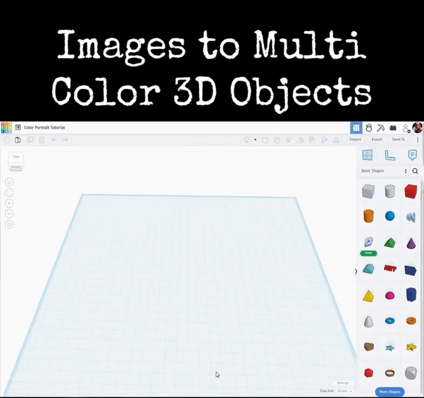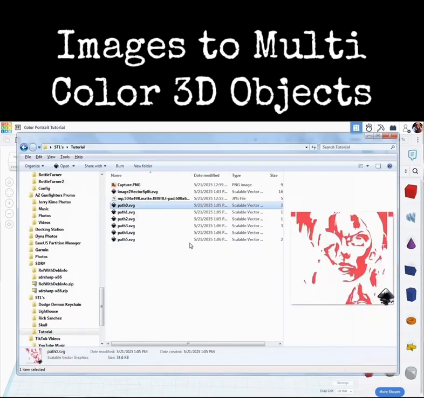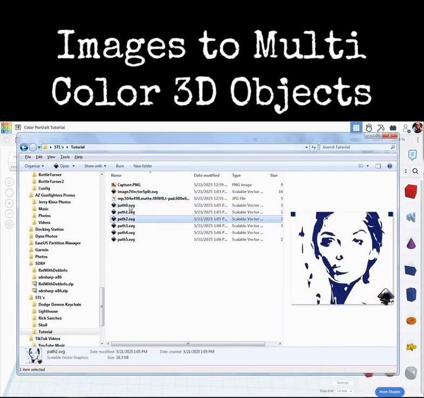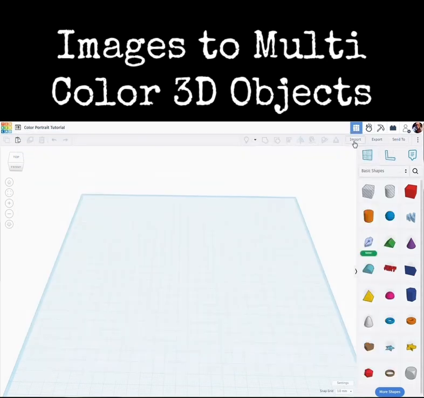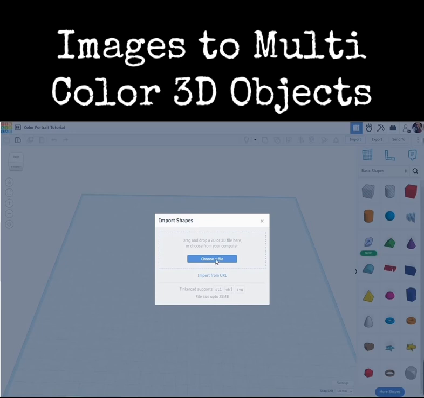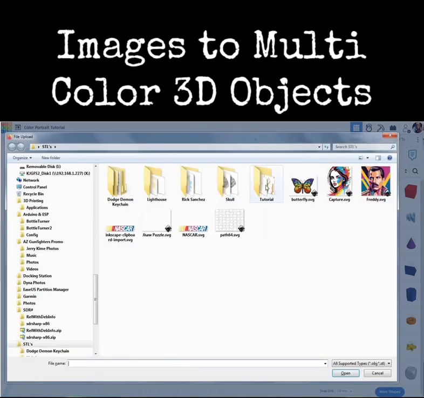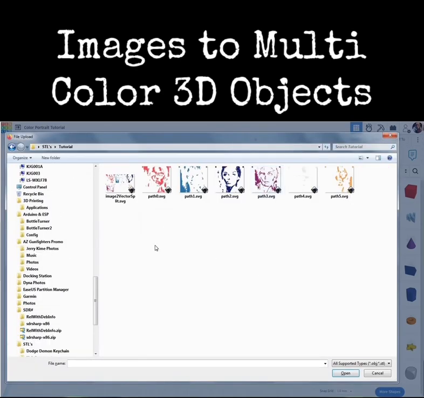Here's our new project in TinkerCAD. I also have open my folder where these SVGs are. I'm going to be clicking on these and using them as a reference to set the colors as I bring each one in. So let's start over here. We're going to click on Import, choose a file. I'm going to come into my tutorial folder. I'm just going to do these one by one. We'll start with